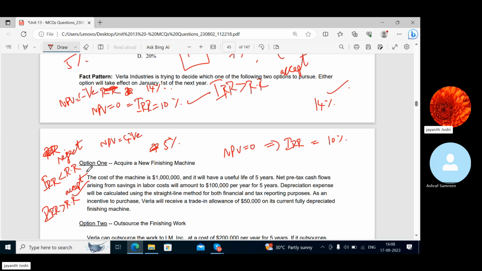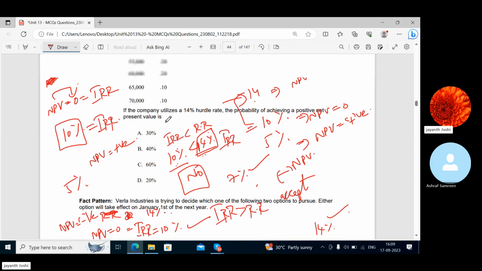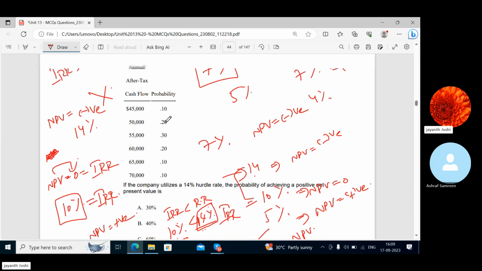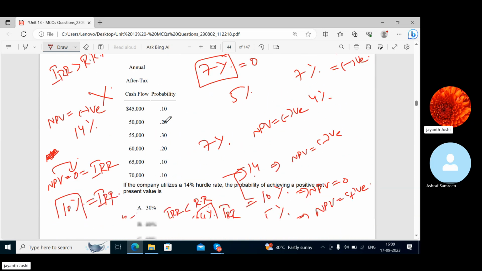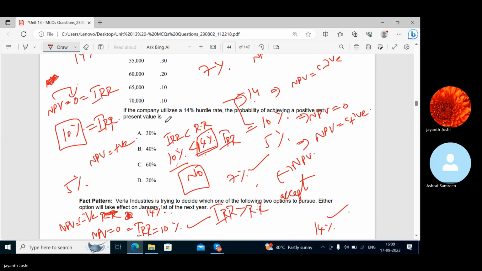No, we should not accept the project because IRR is less than the required rate of return, correct? Next point. Here our required rate of return is 7%, and our IRR should be less than